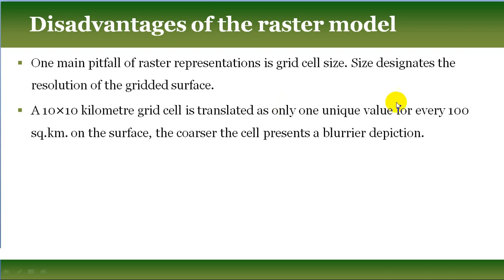But in some cases, this 10 by 10 kilometer grid cell raster is applicable. For example, a kilometer grid cell can be useful when working at a regional or statewide level. But this kilometer grid cell is not at all suitable for the local level. As you understand, at a local level, if one pixel, one cell, represents 100 square kilometers, you will get a very coarse image, which is almost useless for all of us.